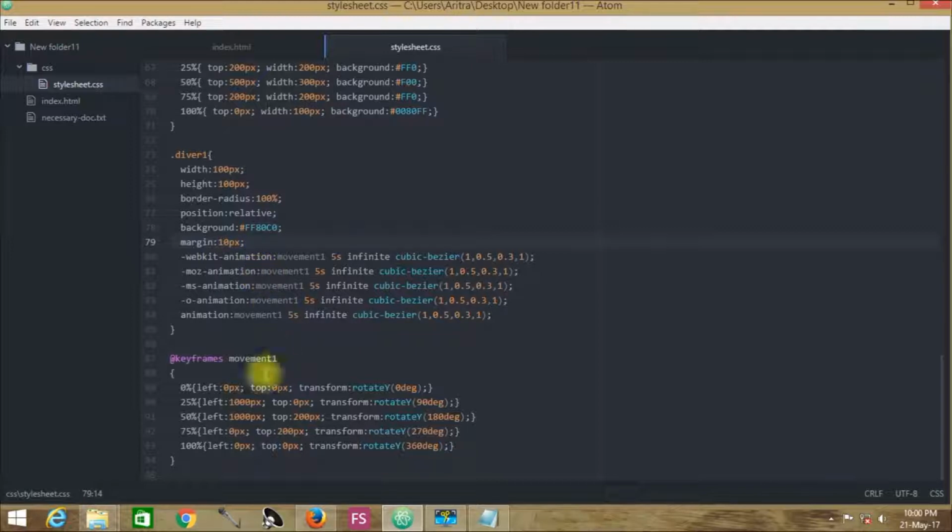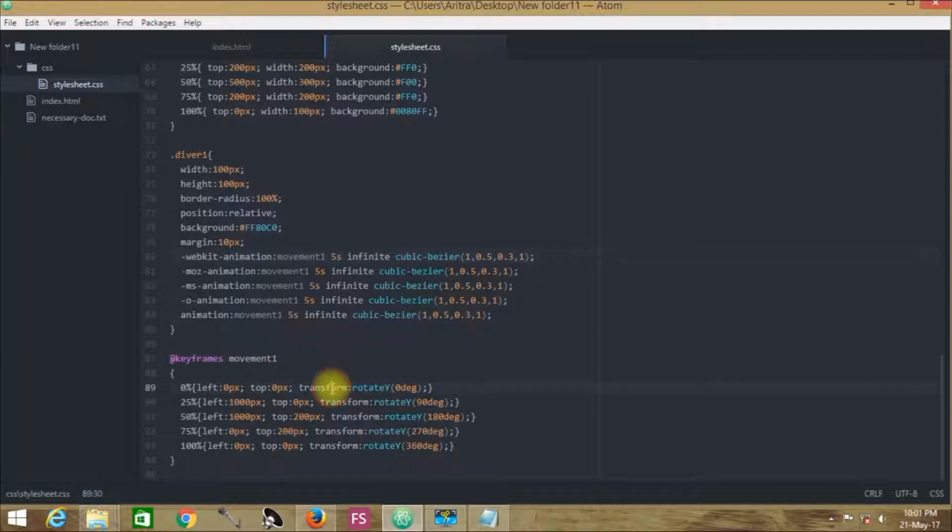So that is why if we mean here left 0 picks, that doesn't necessarily mean that it will be starting from left 0 picks condition. We already said this margin from every corner is 10 picks. That means from left it will be leaving a total margin of 10 picks, and the animation will be starting over from the 10 picks position. So this is practically starting from the 10 picks position, as we can see over here.